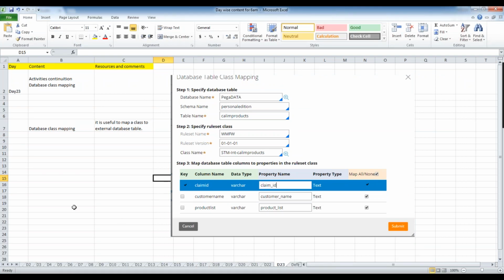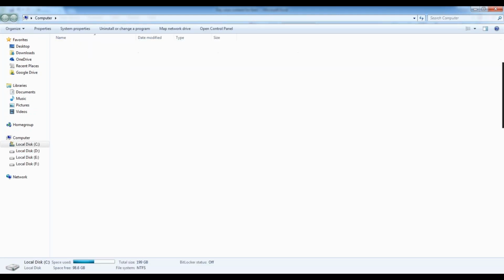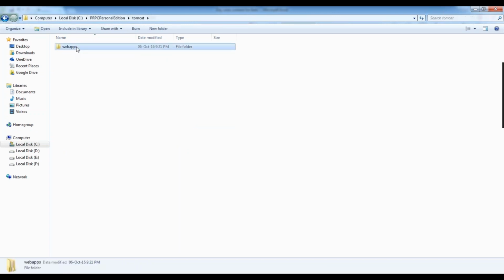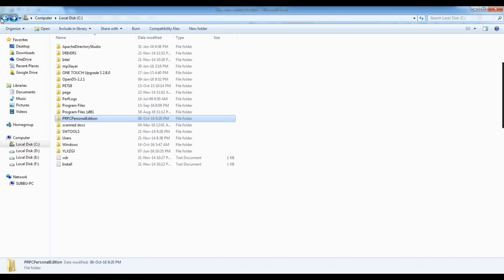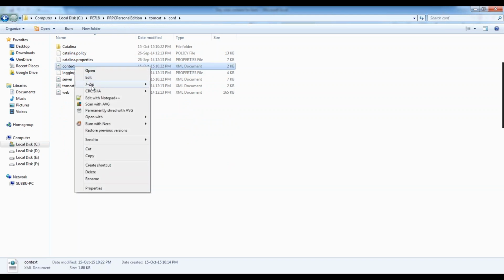If you want to see that, you can go to your installation folder, Tomcat, configurations, context.xml.